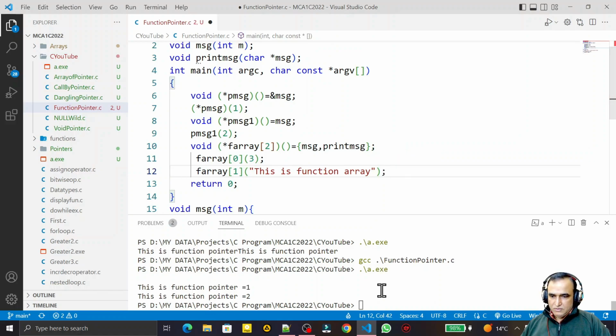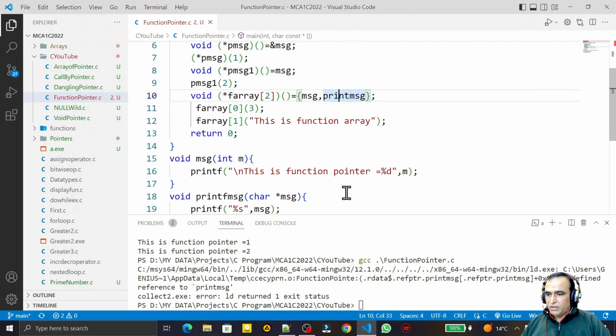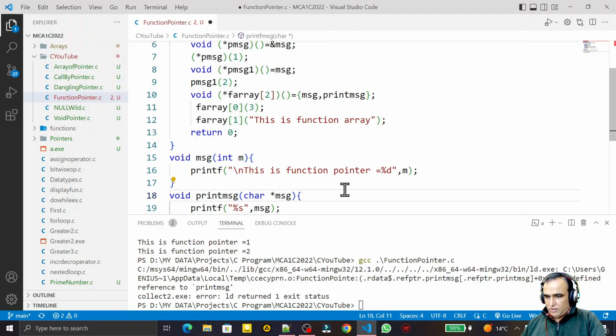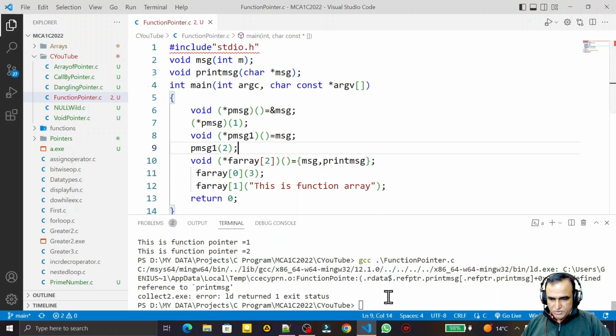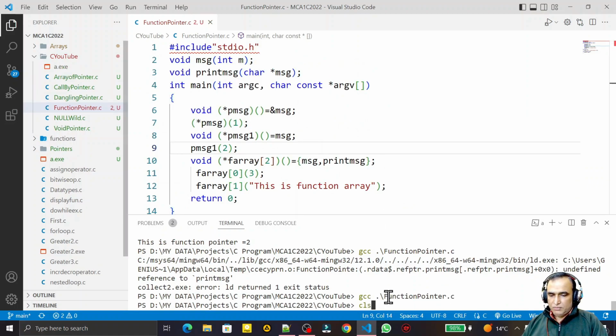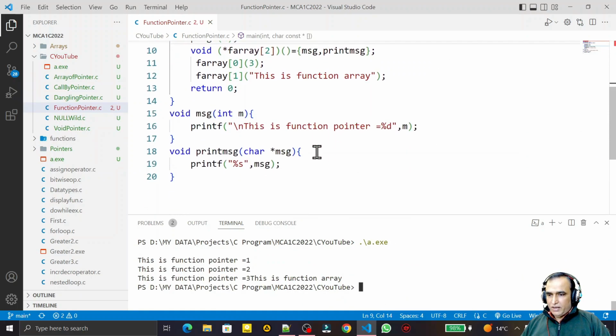Save this, try to compile it, undefined location. So what is undefined? We have print msg, here print. Okay, we have a different name, print fmsg, not this, print msg, print msg, and here it is also print msg. Once again I compile, no problem. You see the magic here, and I can also add \n here. Once again I compile